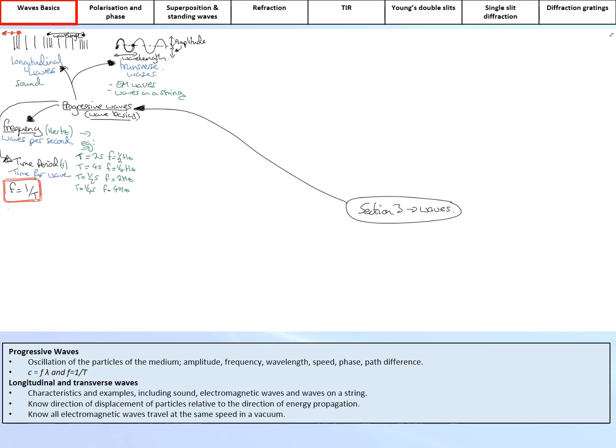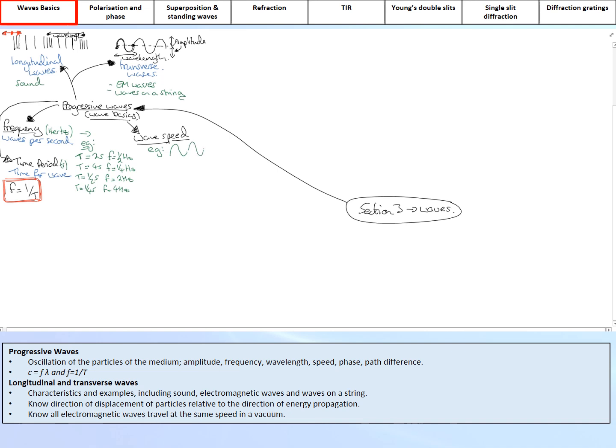Wonderful. There is another formula that we covered in the very first lesson as well. And that's the formula for wave speed. And that's the number of meters that a wave travels every second. So let's do another example. Let's imagine that we had